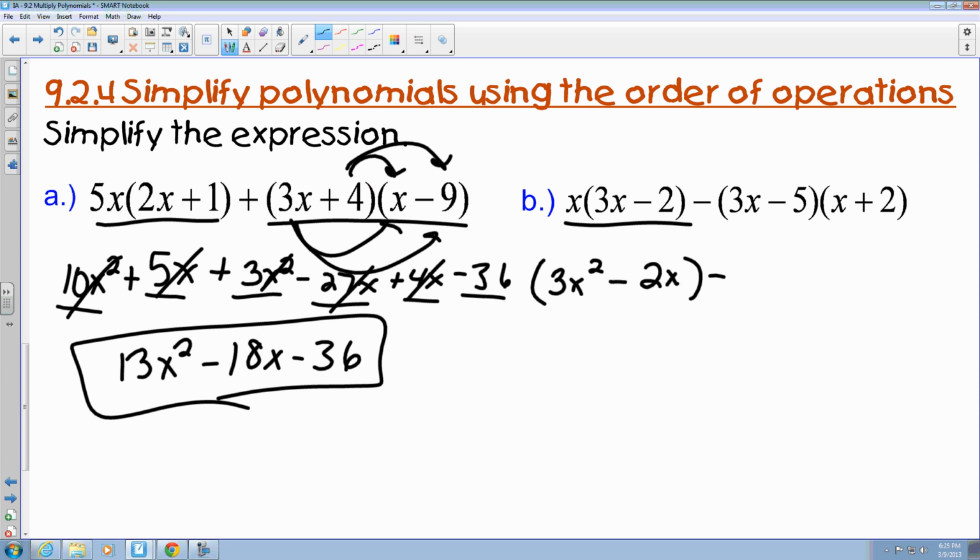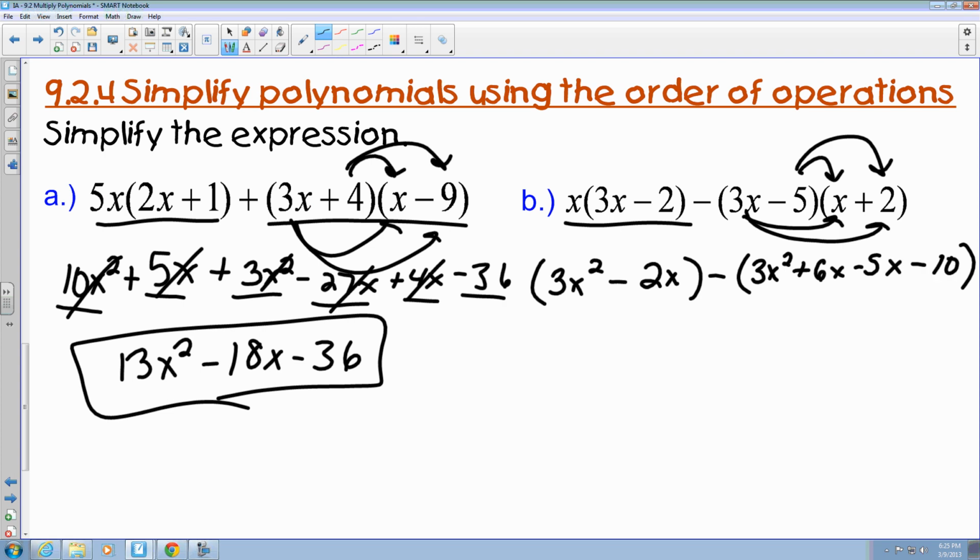And it's going to be minus, and then I'm going to use FOIL to help me solve these two polynomials. So then this will give me 3x squared plus 6x minus 5x minus 10. Even before I get rid of the parentheses, I'm just going to rewrite this, combining the like terms inside my second parentheses. So now I have 3x squared, and then I have these two values that are like terms, so this becomes plus x